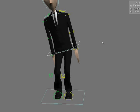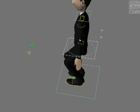It's not technically accurate to how the cloth would move in each of those different poses, but it gets the job done, and it only took about an hour to do one simulation that we could reuse in 20 different